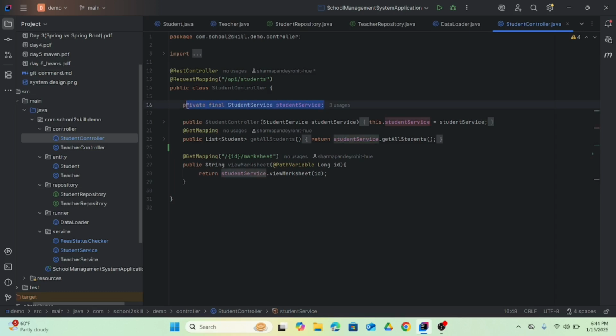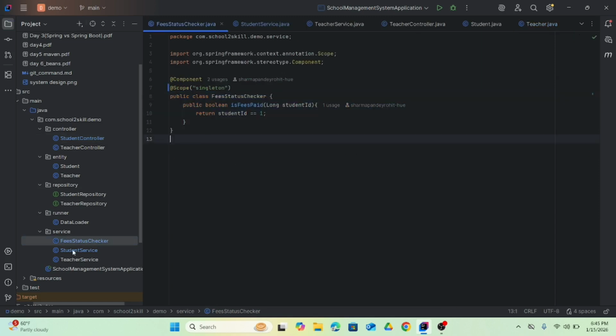So hard coupling is avoided, and we achieve loose coupling over here. By doing so, we can get implementation much easier, and it is much easier to test this student service. Anything we can test much more easily. So it is necessary to make use of dependency injection in any service. Like for example,